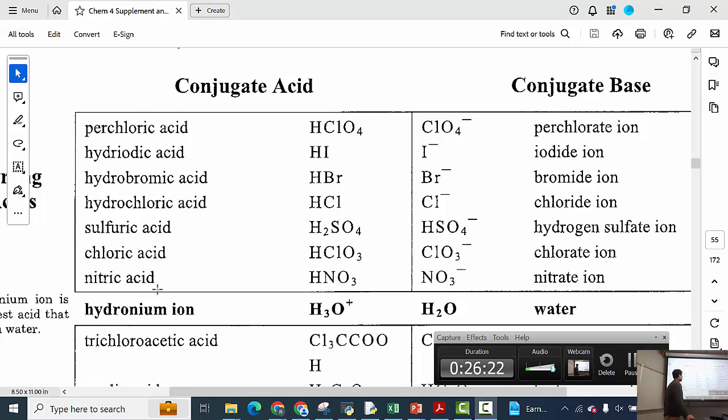Hydroiodic acid. Hydroiodic acid is correct. HBr? Hydrobromic. HCl? Hydrochloric. H2SO4? Yeah, sulfuric acid, chloric acid,